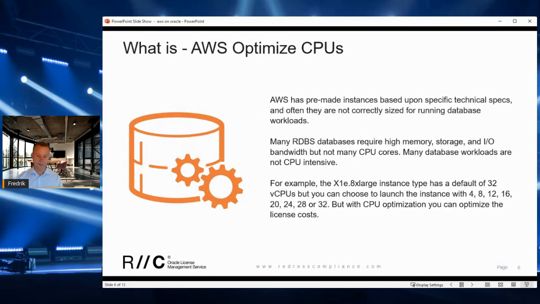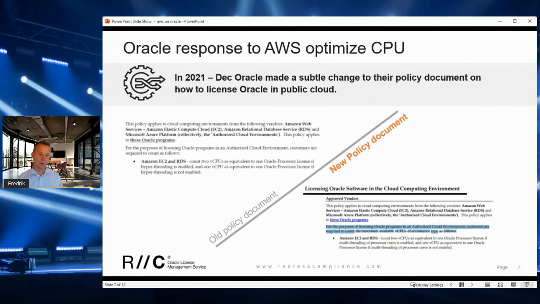With CPU optimization, you can reduce the number of CPUs for that instance because you don't need all of that CPU power. You can optimize the license cost by reducing the vCPUs that you make available for your Oracle instance. In December 2021, Oracle made a small change in their cloud policy document on how to license Oracle